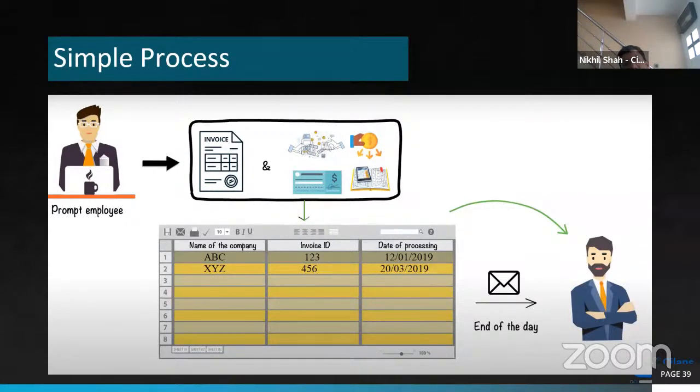Almost 1,200 large corporations have already adopted solutions where some kind of software robot, not an actual robot, it's a software process, takes care of this kind of job. It will scan the invoice from the image or the PDF, automatically pick up the right fields using OCR, optical character reader technology, which is based on AI, and then feed all this data into the relevant Excel file or relevant software.